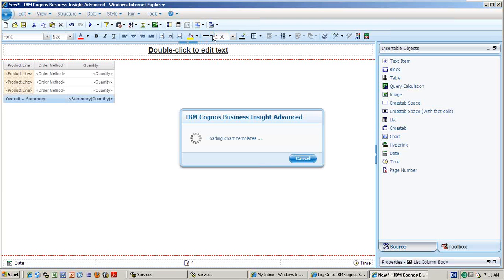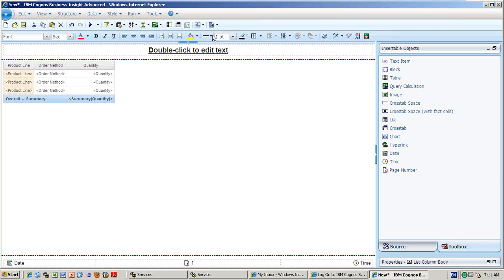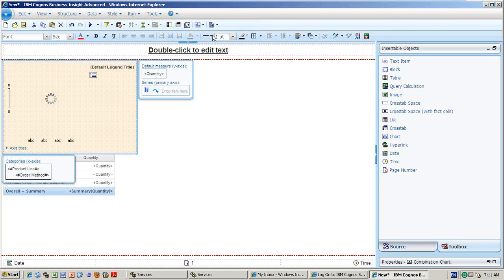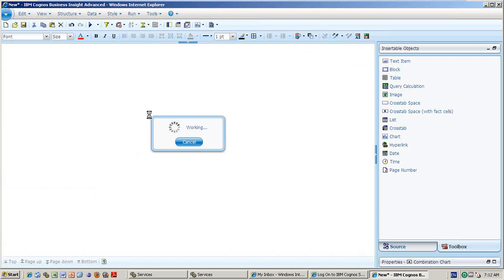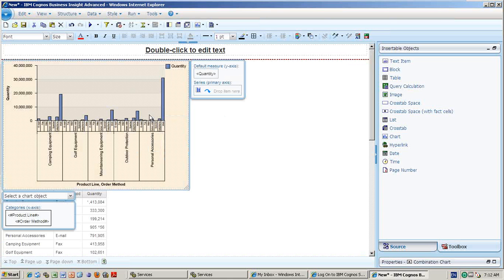So now see that I'm adding the column chart or bar chart. See, that is coming in as the column chart. Now if you are doing the page preview, then automatically it will show the data here itself. You don't need to run. See, it looks very nice, right?